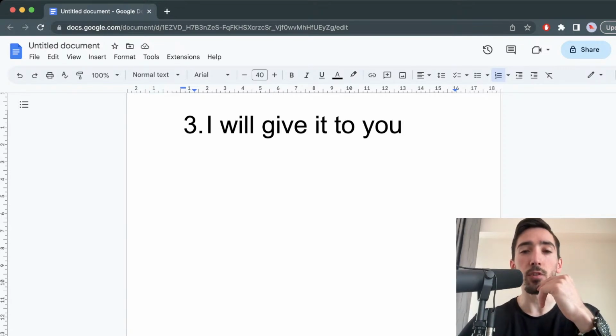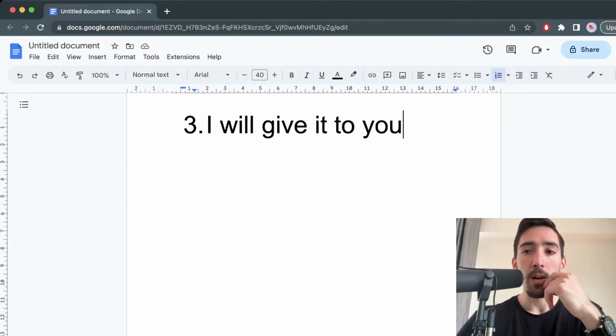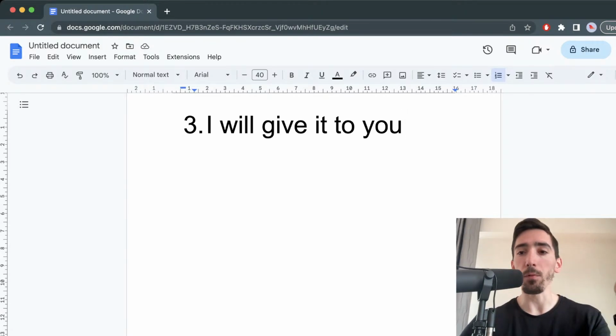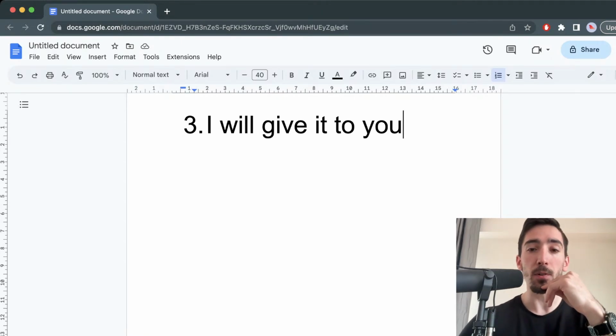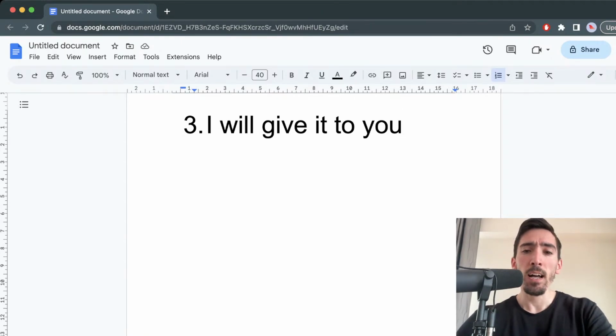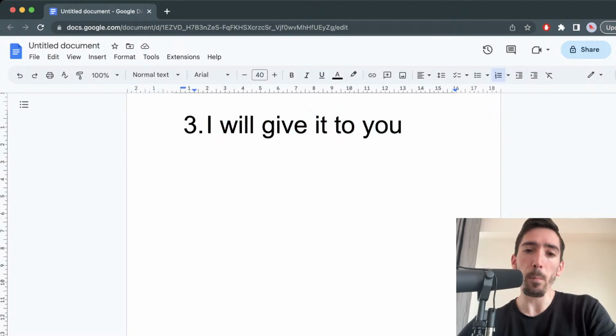Obviously, native speakers don't have this issue because native speakers don't have a choice. And they end up picking stuff up from their parents. But we don't have our parents at this point. We're adults. If we are learning a foreign language, we have to take this into account. So please give it a go. Translate this sentence in Italian. I will give it to you.